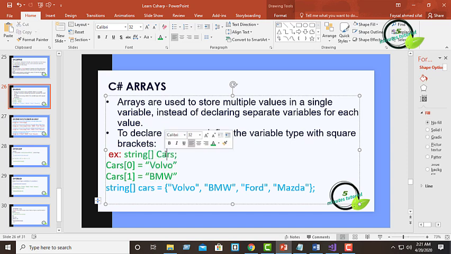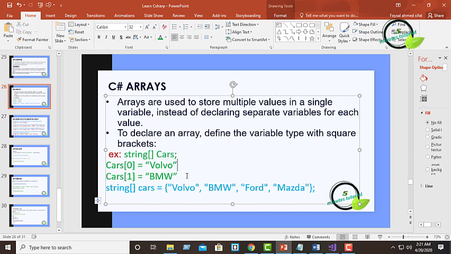The first memory location is cars[0], then the second memory location is cars[1]. Here we can see we have assigned two values into a single variable. So that is how an array actually works.